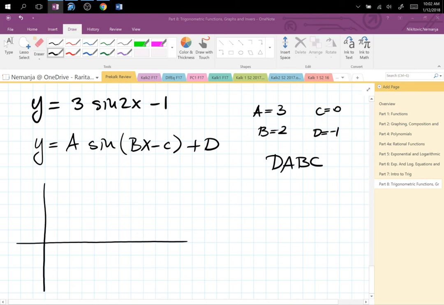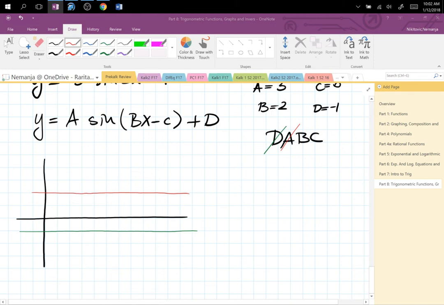So we start with D. Remember I use green, so -1. So that's my middle line. That's the midline, that's green. Then I have red for amplitude. Count from the middle line, 3 units up, 3 units down. So 1, 2, 3 units up for the upper bound, and then 1, 2, 3 units down for the lower bound to get our